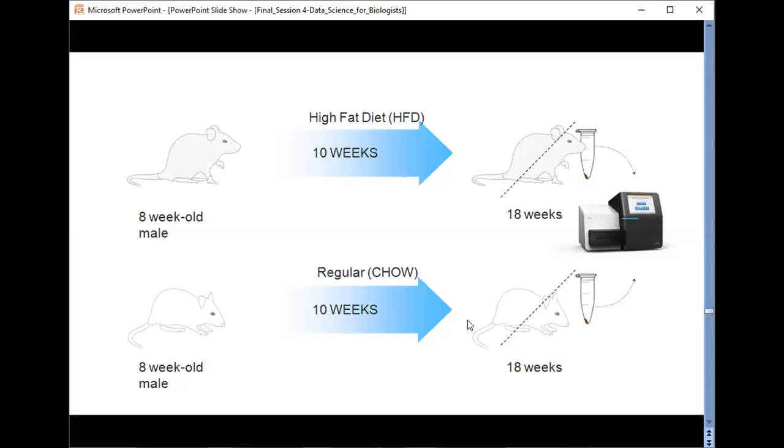Finally, evaluation of the brain homogenates revealed that the HFD-shaped microbiota increased neuroinflammation and disrupted cerebrovascular homeostasis. So this is what the gut-brain axis project is all about.